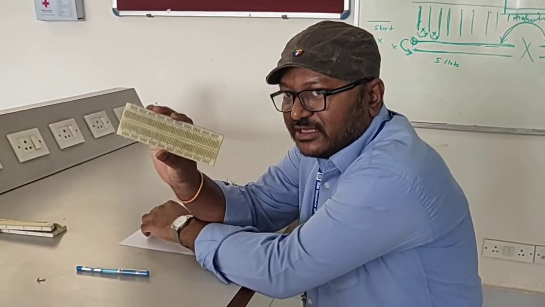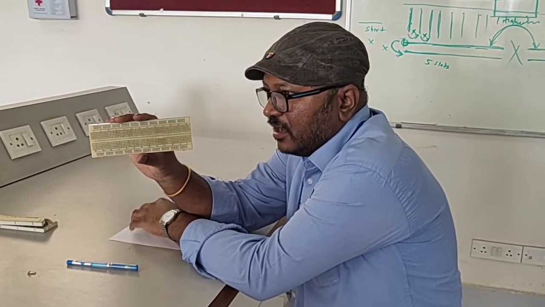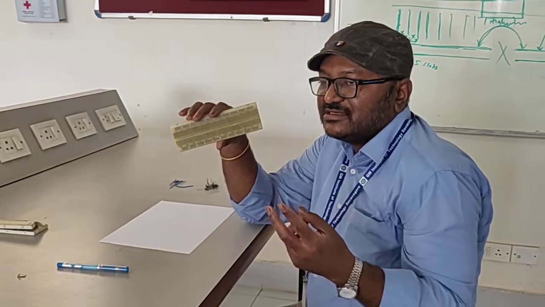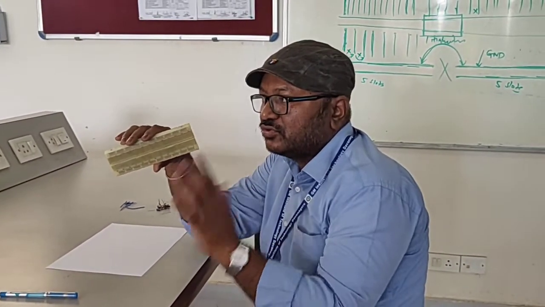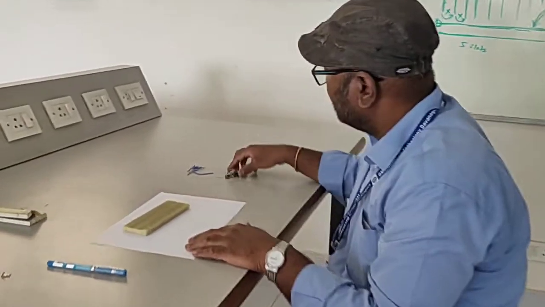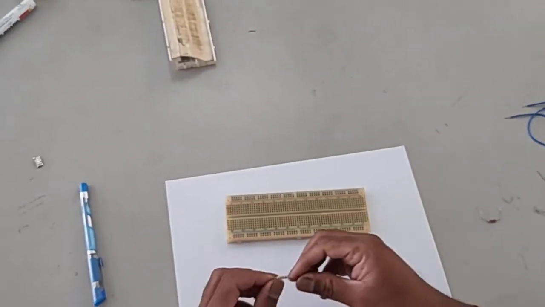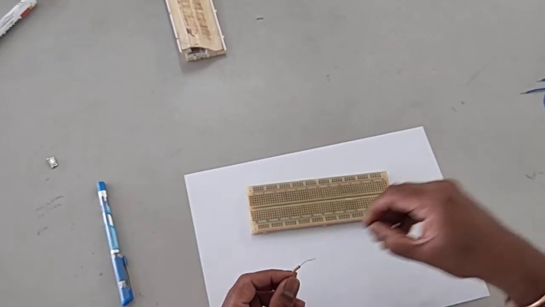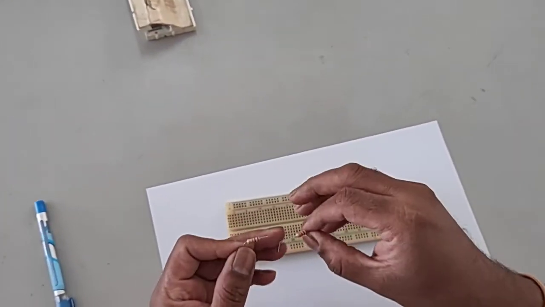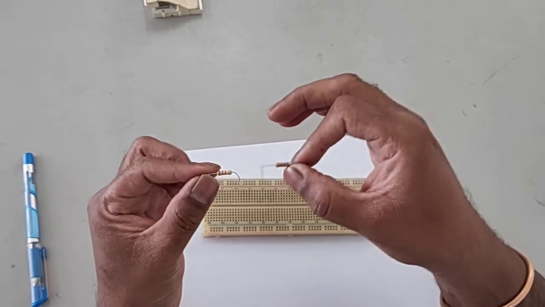Now this is actually the breadboard. I have explained you about the layout. Now I will take two resistors. I will show you how to do the series connections. See here. These are the resistors. So resistors you can connect in series. You can take any end because resistors do not have any polarity.